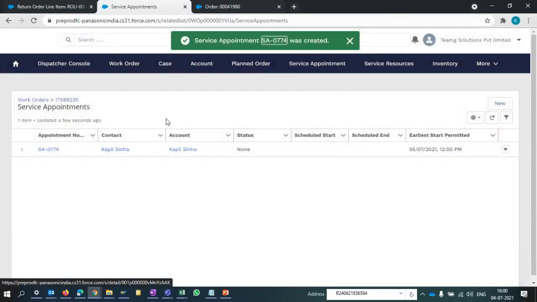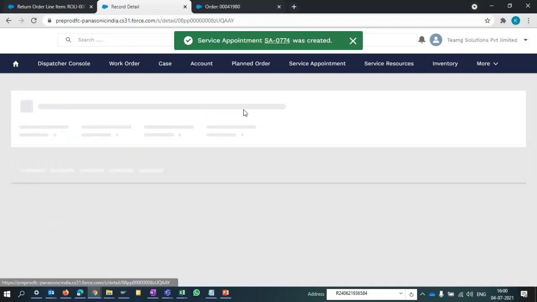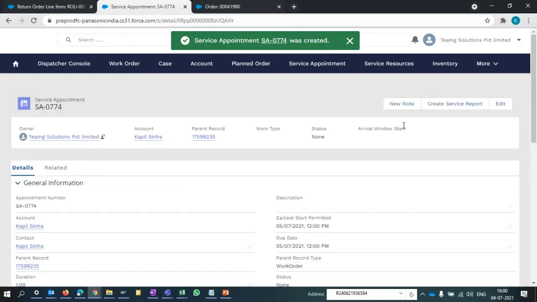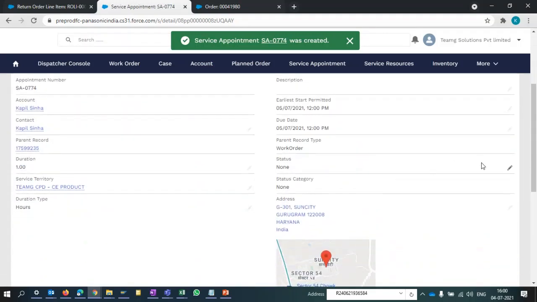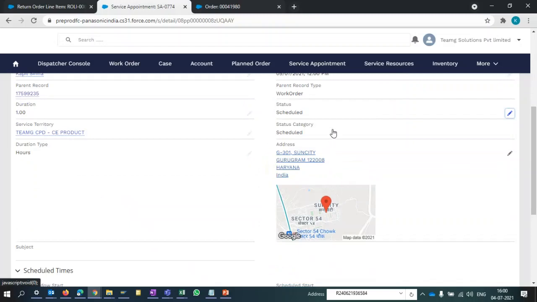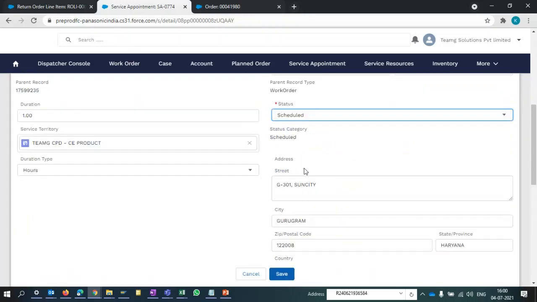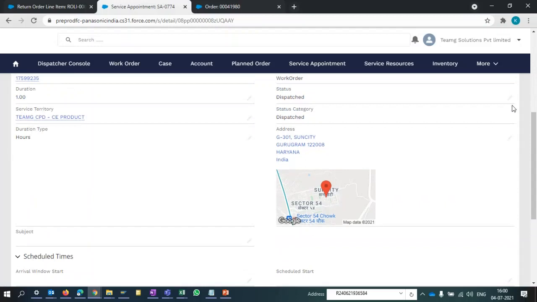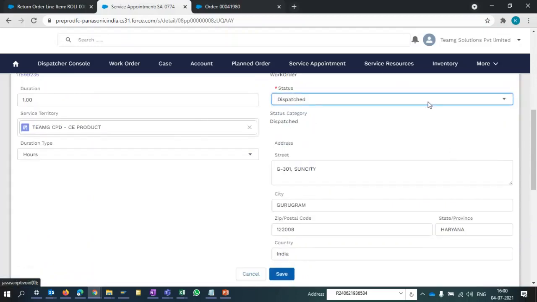So after saving, the service appointment is created. Then we have to dispatch. So let's change the status to, sorry, first of all, schedule. Then dispatch. And then post work completion at the customer place.